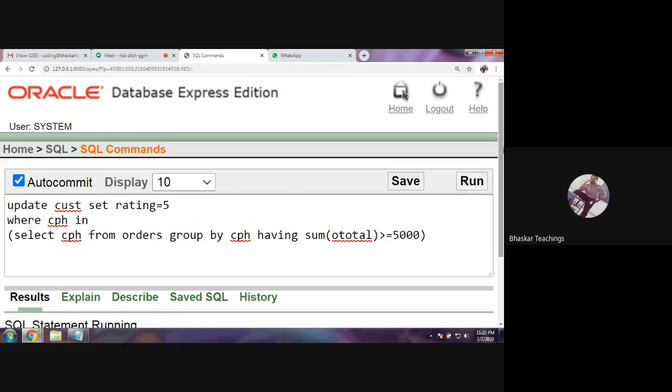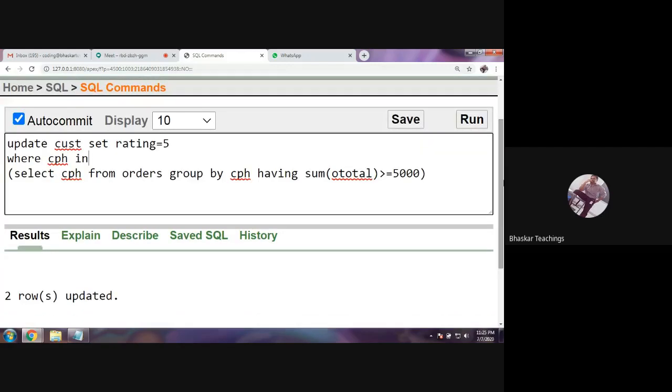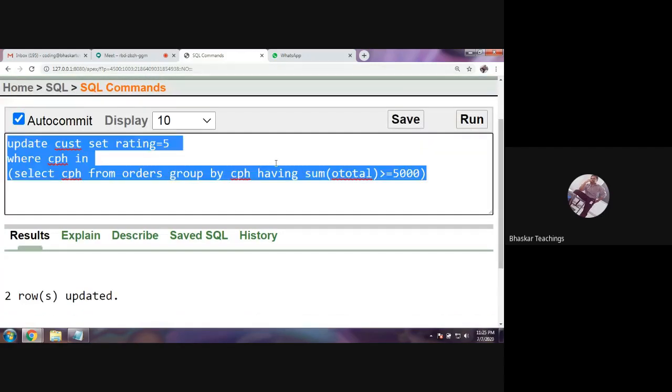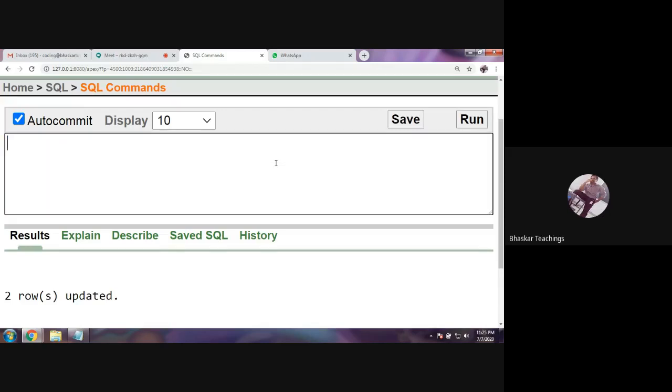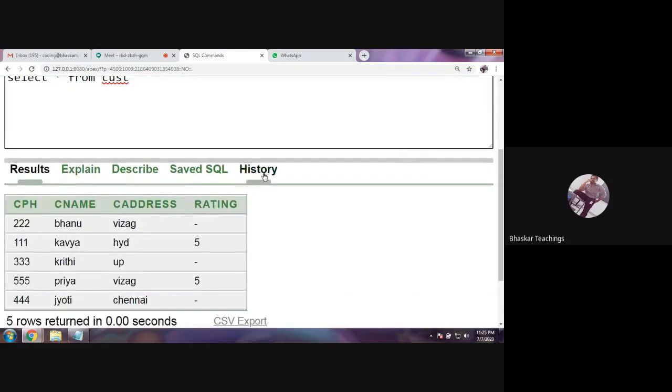So let's run this. Two rows are updated. If you want to check, select star from CUST. Yes, the customers with ID triple one and triple five got rating 5.